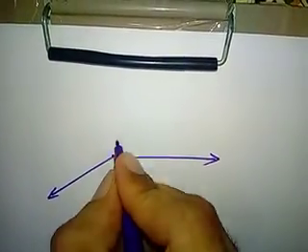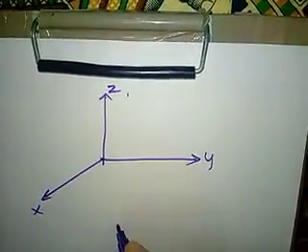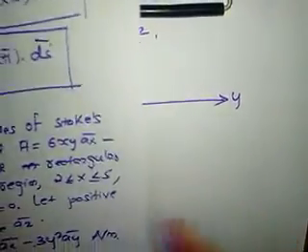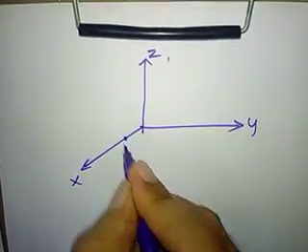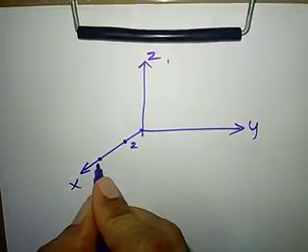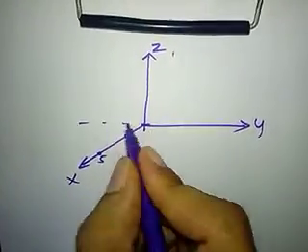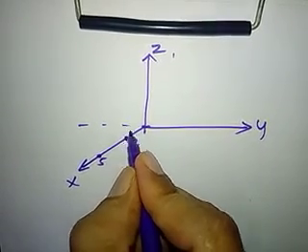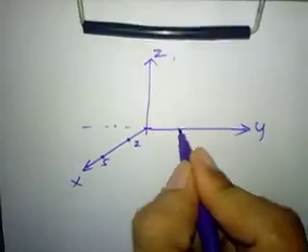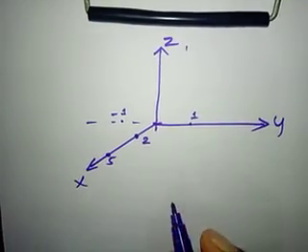So if I take this as x, y and z, what is the region of x they have given? Region of x given is 2 to 5. So if I take this point as 2, then this is 5, so it is 2 to 5. Okay, then what is the region of y they have given? Region of y given is minus 1 to plus 1. So this side is minus 1, and this side is plus 1, minus 1 to plus 1. Okay, then z is 0.